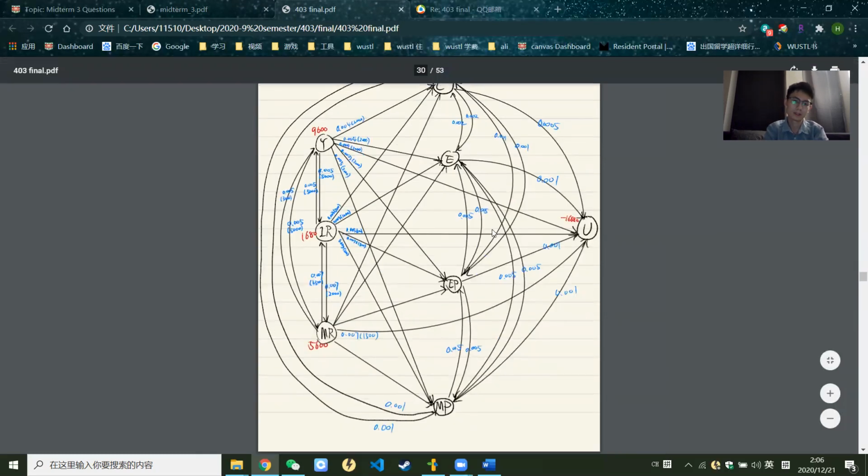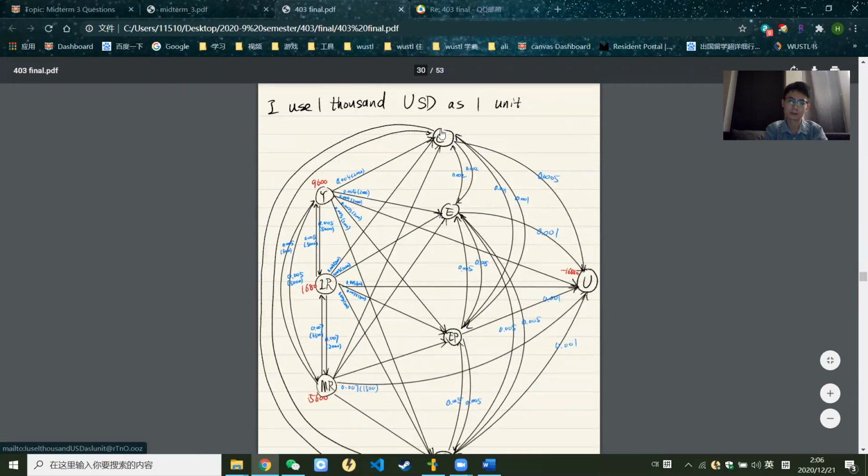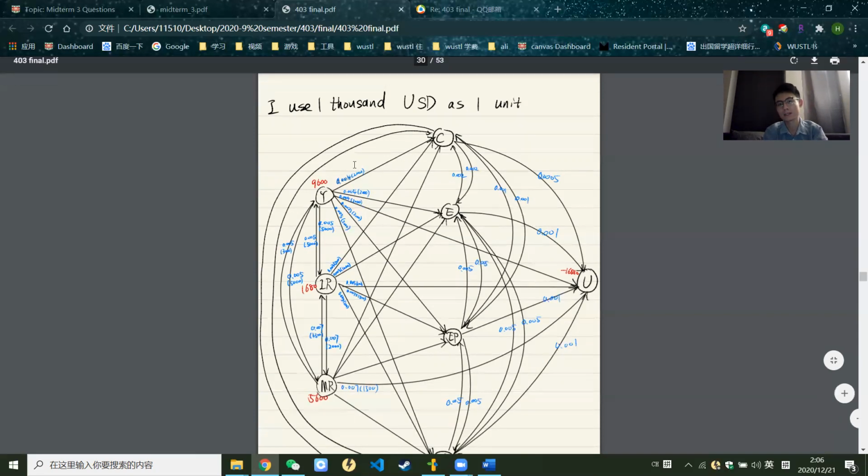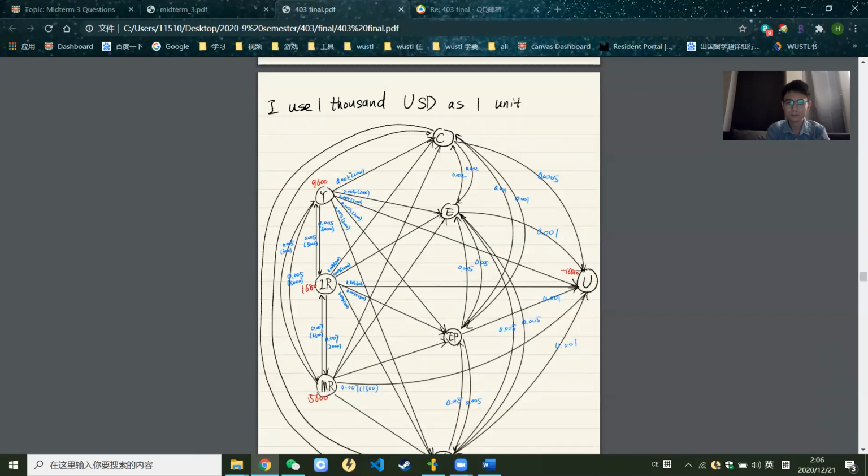So here, every unit is 1,000 US dollars. Here are the supply nodes and the demand nodes, and they have their supply and demand values. For each arc, the number in front is the percentage of the transaction fee, the proportion of the transaction fee for every 1 unit US dollar transfer. And here, this is the limit of the